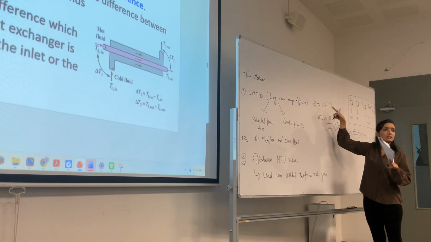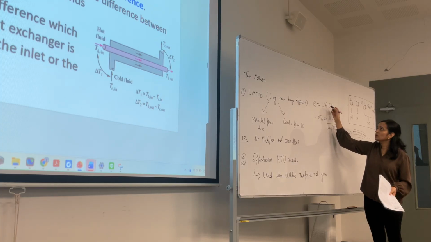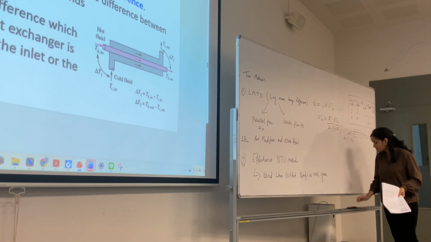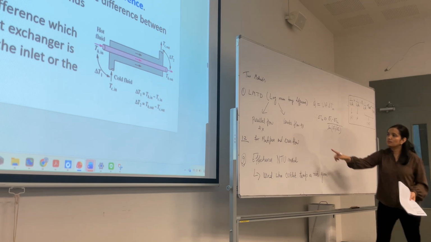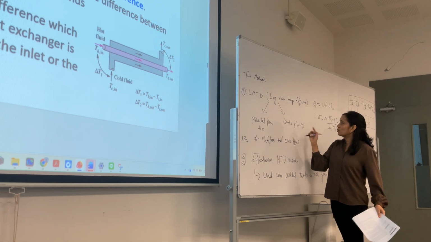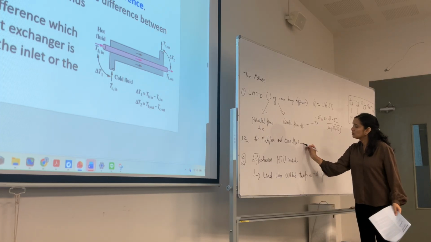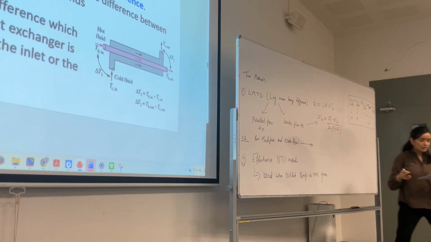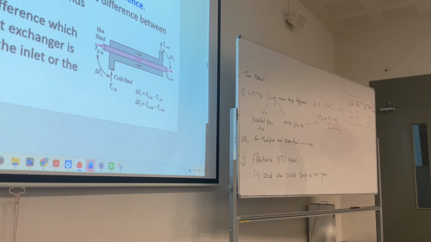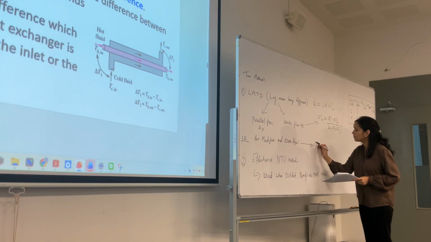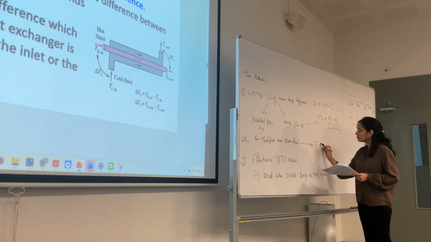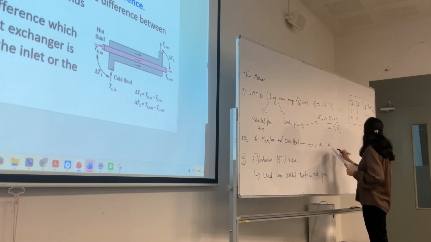Area depends on whether it's a cylinder or a wall. So this is for parallel flow and counter flow. For multi-pass and cross flow, you have to add just one thing which is called the correction factor, F. So your delta T